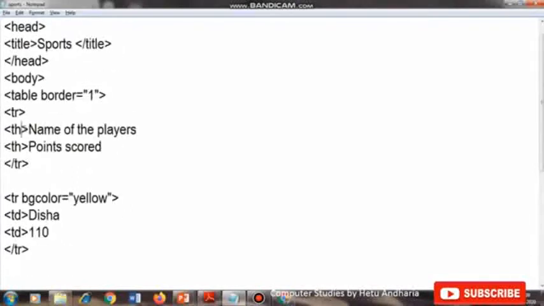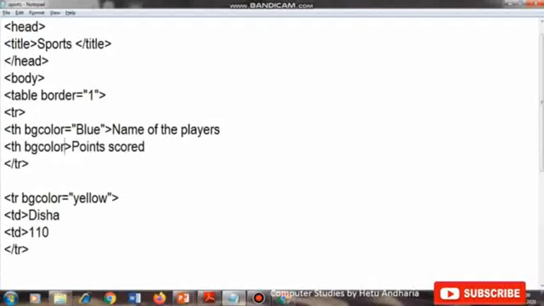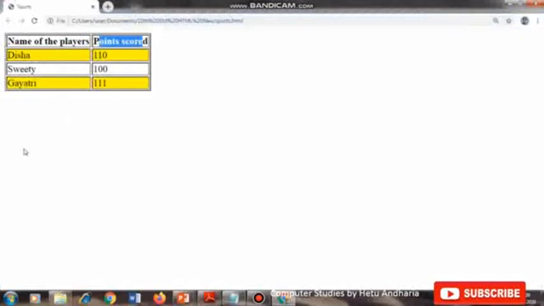I will have to go to this th, and here I will type bgcolor is equal to blue, and in the next one I will type bgcolor is equal to red. So you can see, this way you can change the color of any row, or you can also change the color of any specific cell.